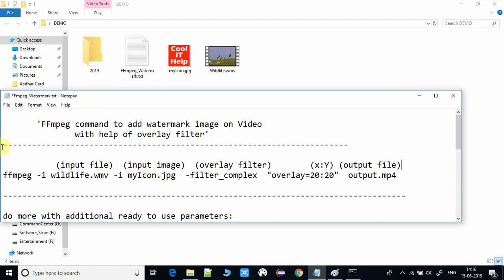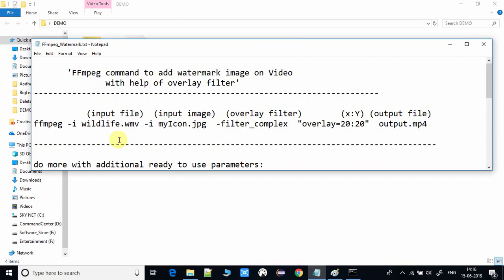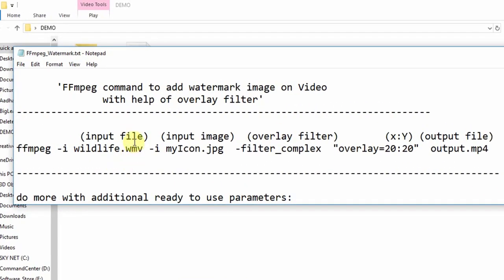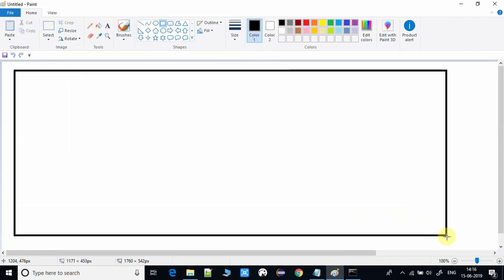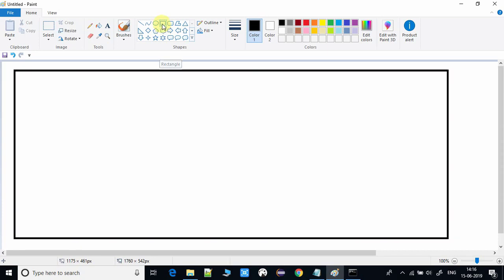So this is my first command. First I would like to tell you something. Suppose this is our video, and in the first command we will put our watermark image at this place. You can consider that this is 10 pixels from the top and 10 pixels from the left side of the screen. So I am placing the image at 20 pixels, which means x offset is 20 and y offset is 20.